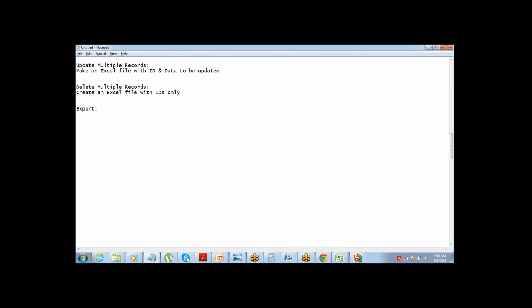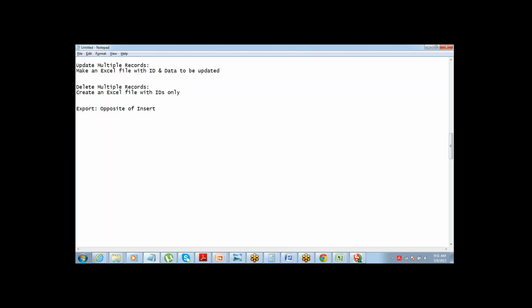Export will actually do the exact opposite of an import or insert. In insert, I'm creating an Excel spreadsheet or CSV file and then inserting the data into Salesforce. With an export, I'm taking the data from Salesforce and forming a CSV file.